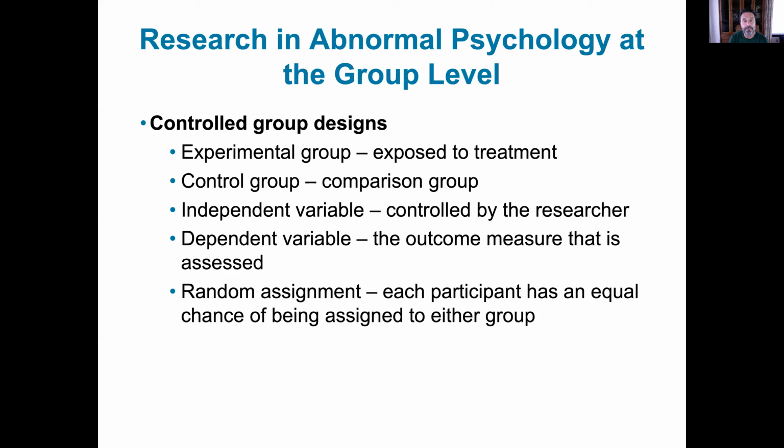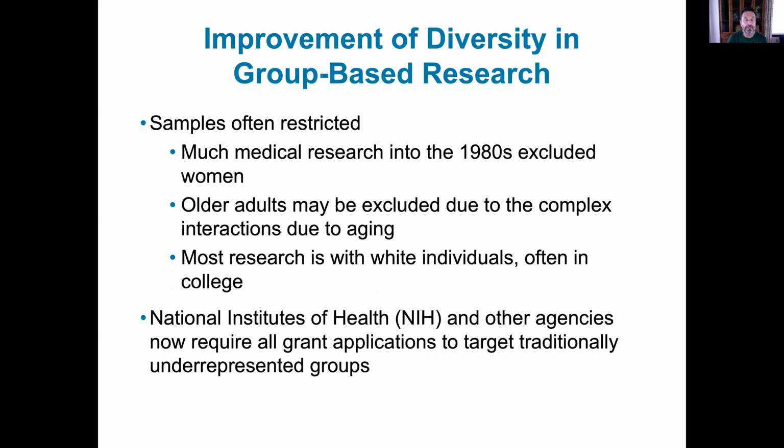Controlled group studies. This is where we're into true experiments, where we have people who are the experimental group. They are exposed to the treatment. They are given the treatment, the pill or whatever the talk therapy that we're trying to do. And then there's a control group, which is a comparison group that doesn't receive any treatment or talk therapy. And then we take a look at both of those and we see, did whatever we did to the experimental group help them or not? Who got better, or who was healed, would be what we're after in these experiments.